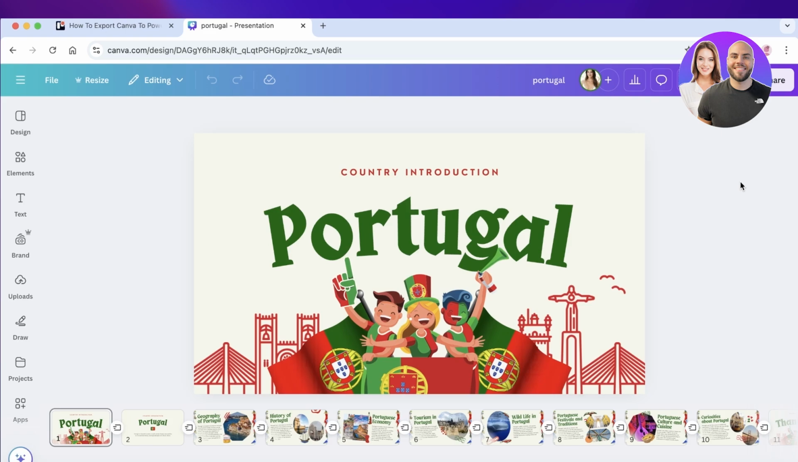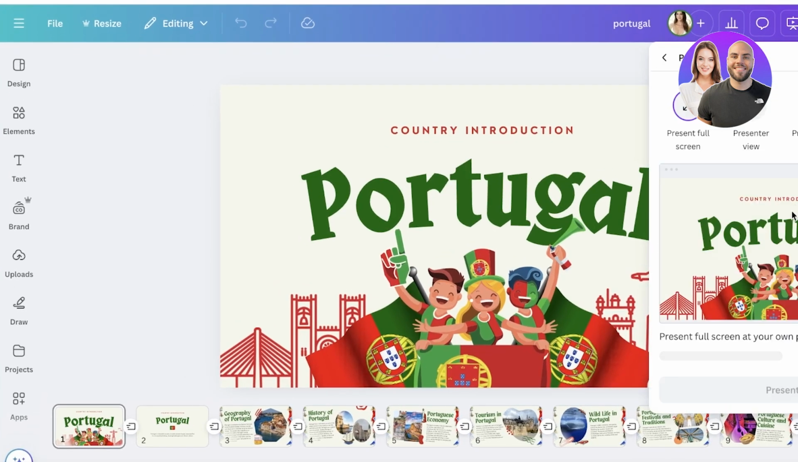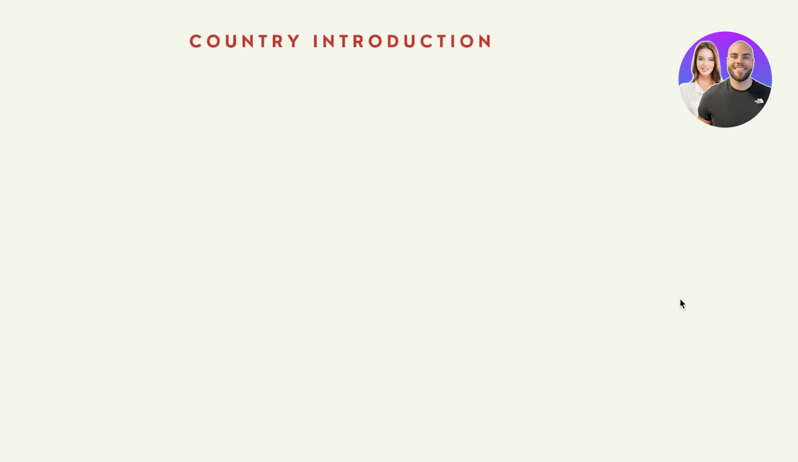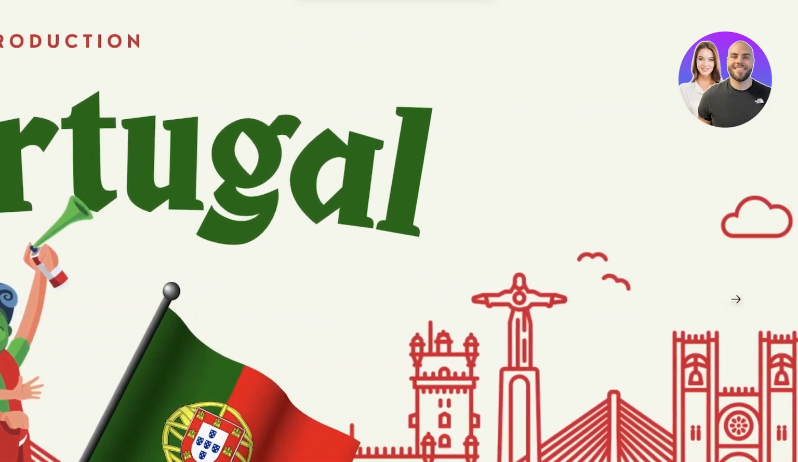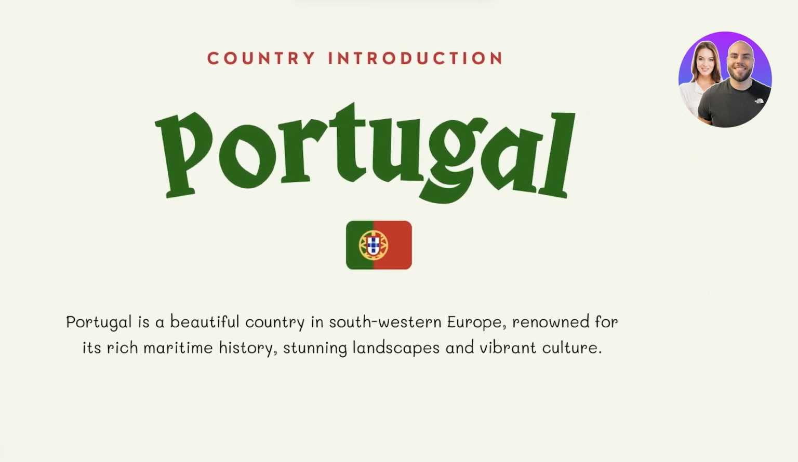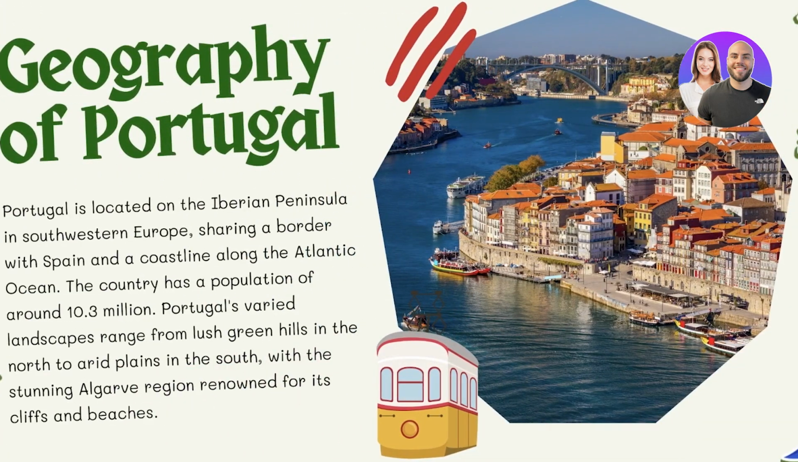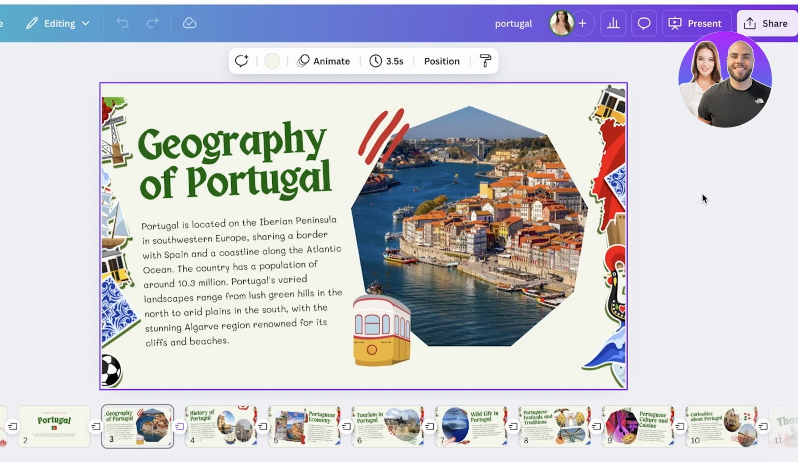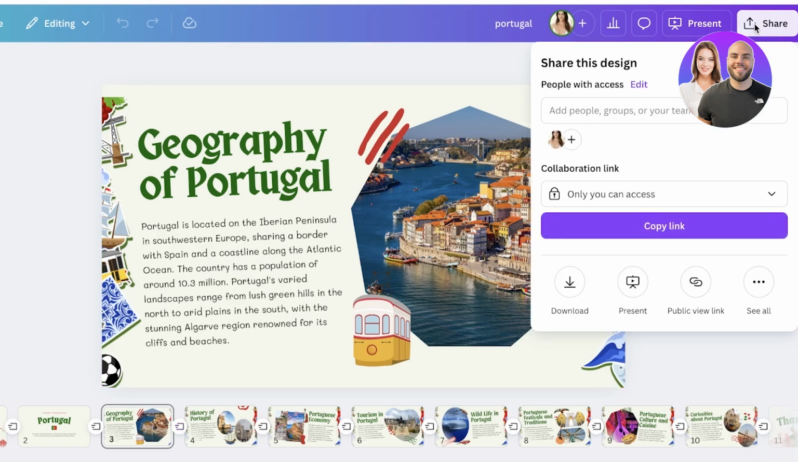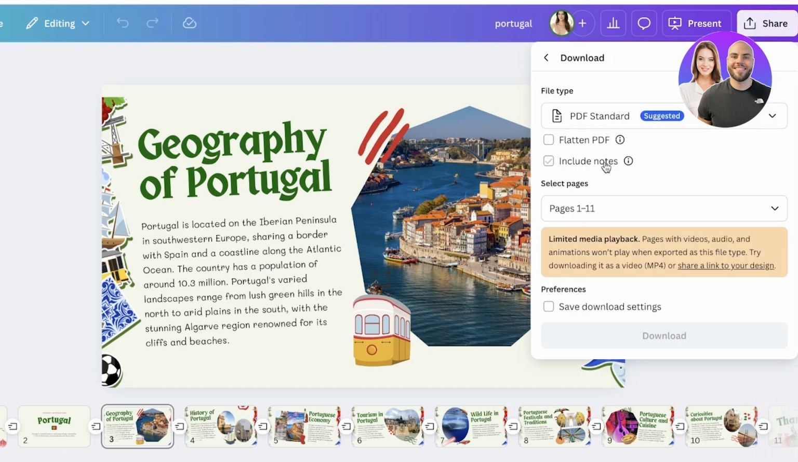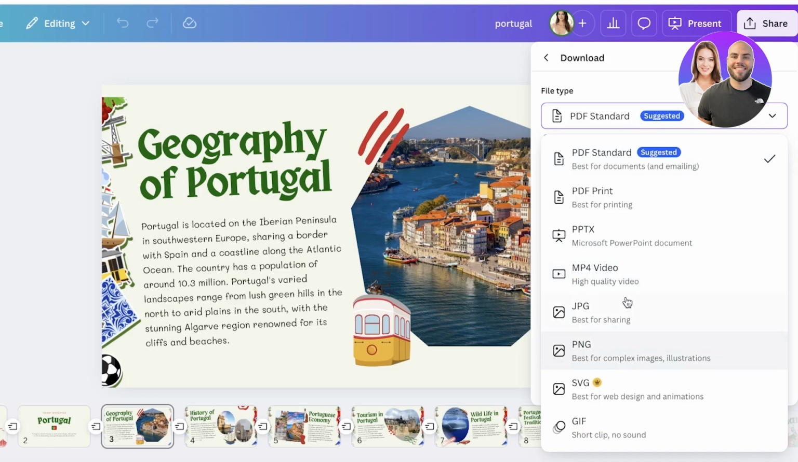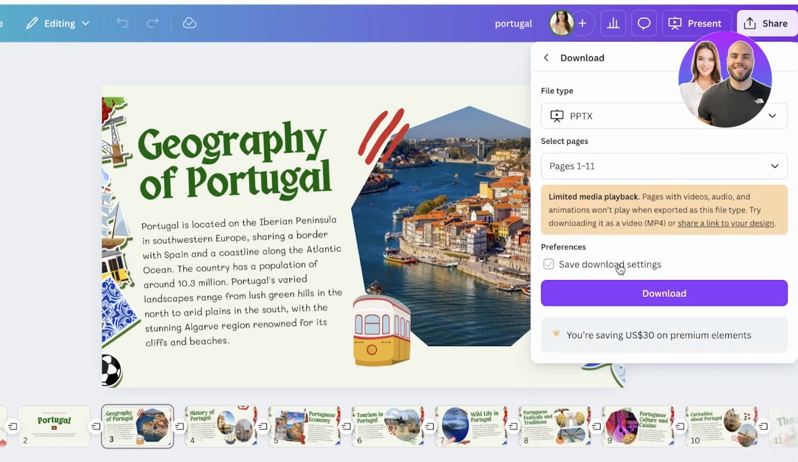So a lot of times when I am designing my presentations on Canva, they look beautiful. If I present this presentation, you guys can see it's so beautiful and the animations look stunning. However, when you try to export these animations, if I click on share and then click on download, and I download this as a Microsoft PowerPoint presentation, you guys can see that my video, audio, and animations won't play when